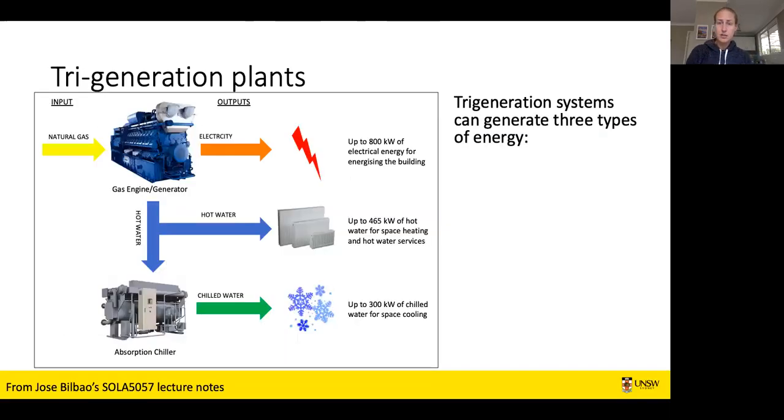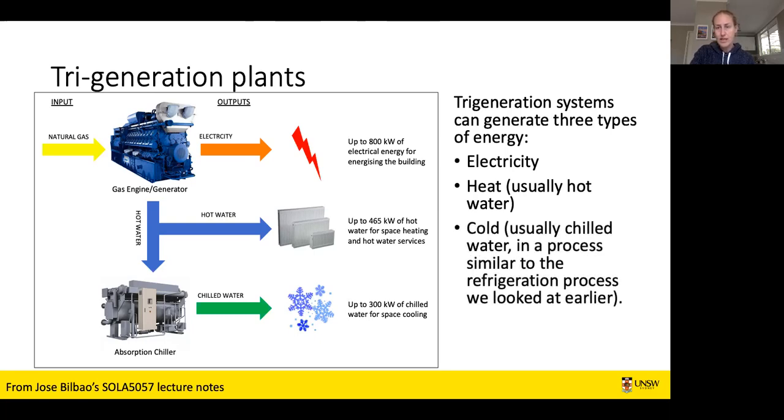Now, a trigeneration plant takes this even further. So a trigeneration plant, first, it generally uses natural gas to produce electricity, but then the spill water, what's thrown into that cold reservoir, is used for heat, so just hot water that can be circulated throughout the building to heat up the building. But in addition, trigeneration plants have something called an absorption chiller. Essentially it's creating cold water in a process that's similar to the refrigeration process that we looked at in part 1 of the online lecture for today. So that's why it's called a tri-generation plant, because it does 1, 2, 3 things,